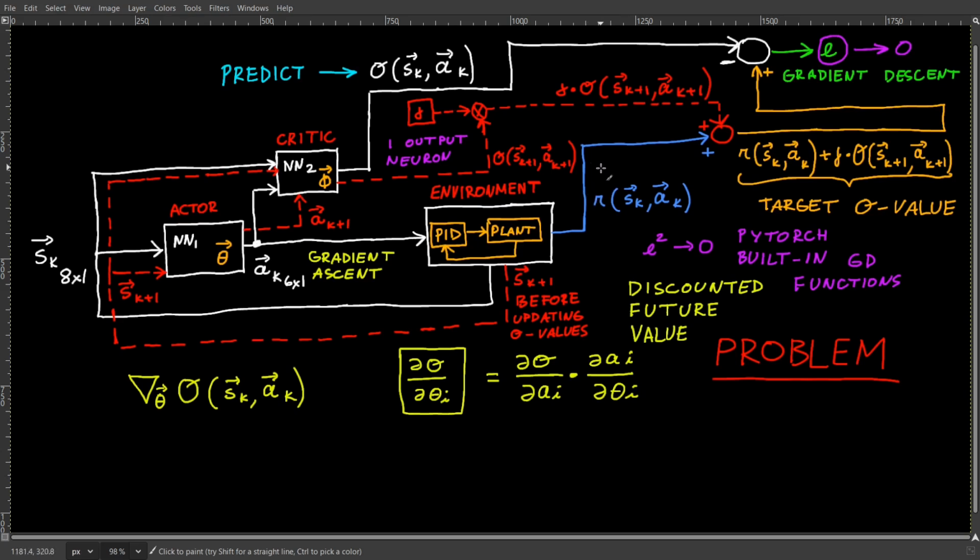Welcome back. Let's now continue with implementing a reinforcement learning algorithm that would adaptively tune the PID constants based on